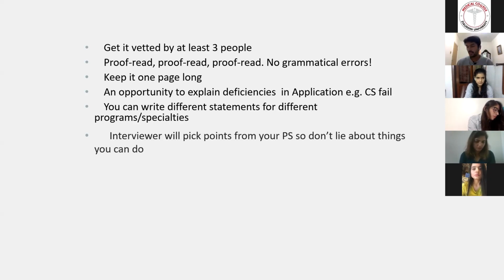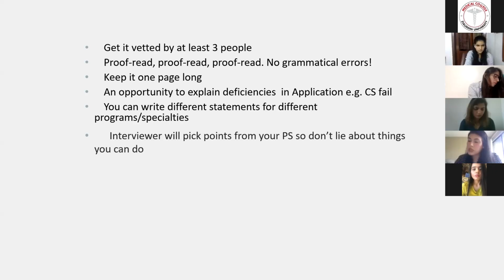Yeah, so I wanted to add something: when you're writing your personal statement, you can use something that emotionally motivated you, but try not to go into religion or politics. You don't want a polarizing personal statement, because people might have opinions different than yours. Also, do not